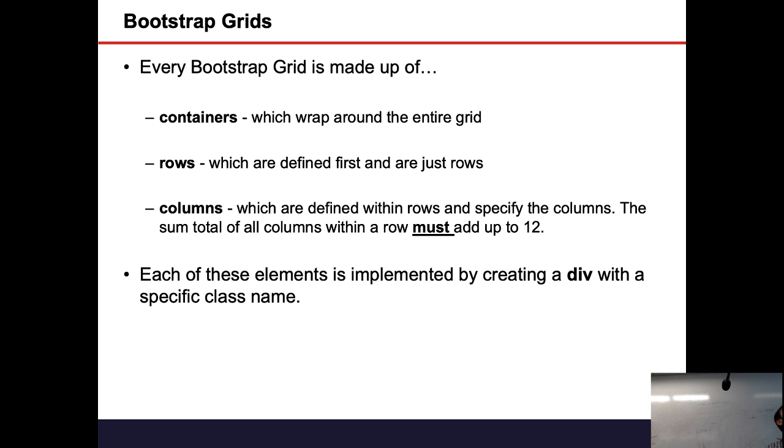So the rows and columns, are those just the standard table tags? No, no tags at all. Everything is a CSS class. I'm going to show you. Right now I'm at containers, and I'll show you the columns. Yes, they're called row and column. Keep that in mind. First, is everybody clear on container? These are not HTML tags. These are all CSS classes. You have your body tag and then the class container. I'll show you the example in a bit.